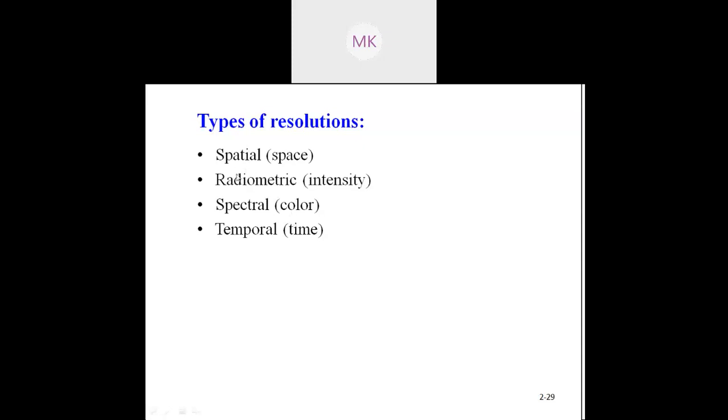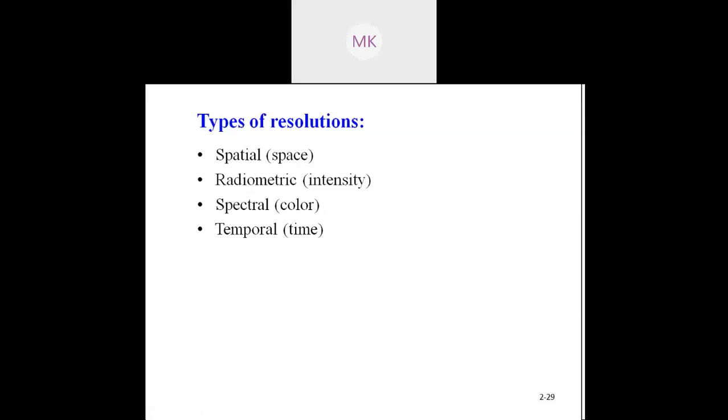In the case of spatial resolution, as the name indicates, it represents the space required to represent the image along the x-axis as well as along the y-axis. It is a measure of the smallest discernible detail in the image. Quantitatively, it is stated in terms of line pairs per unit distance, or the number of pixels per unit distance. So it is the measure of the smallest discernible change in the x and y coordinates, measured in terms of the number of pixels per unit distance.